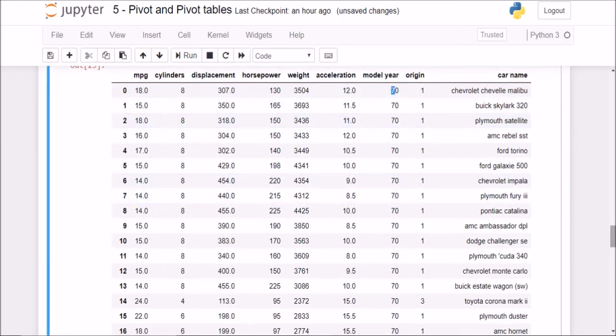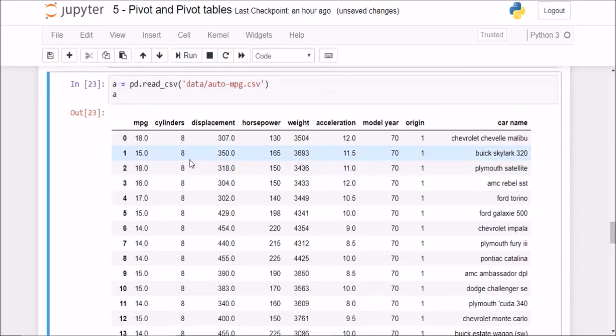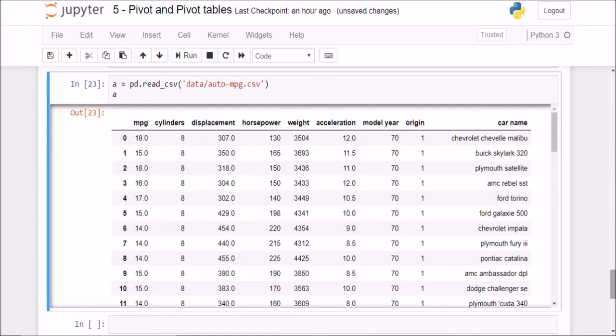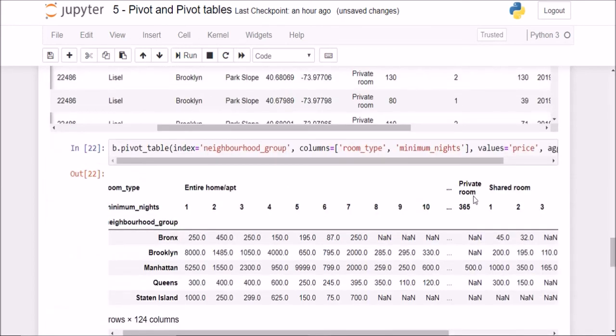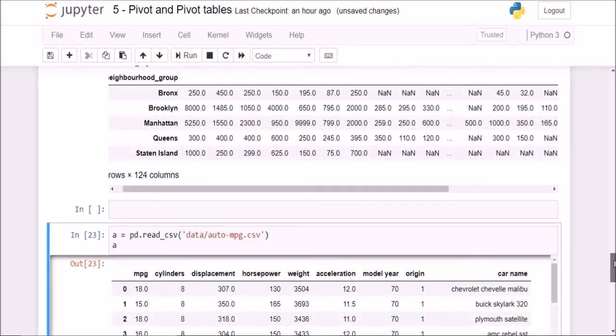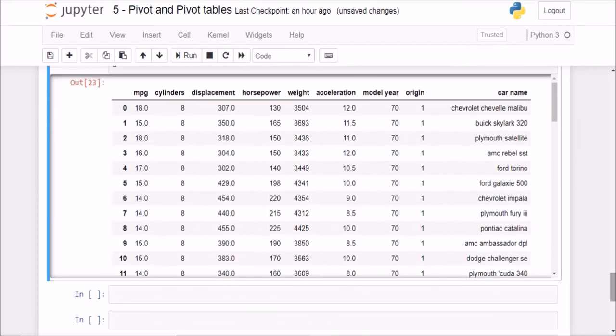Now it doesn't really matter whether you understand all these columns or not. What is important is that you try out different values, different columns, different indexes, and different aggregation functions here to see what different results you can achieve and how you can make your data analysis more informative. That is how you can extract more information from this data frame.